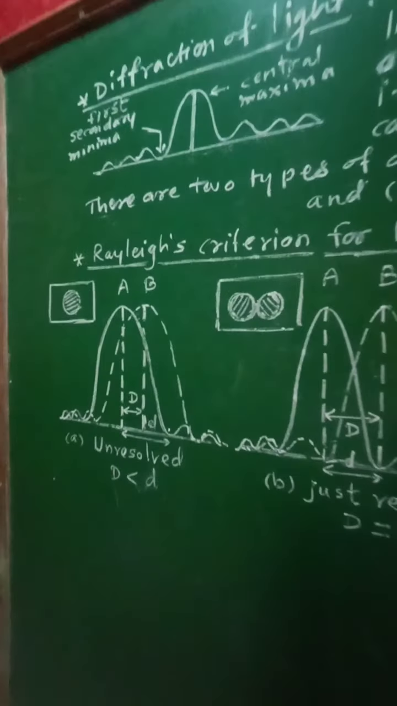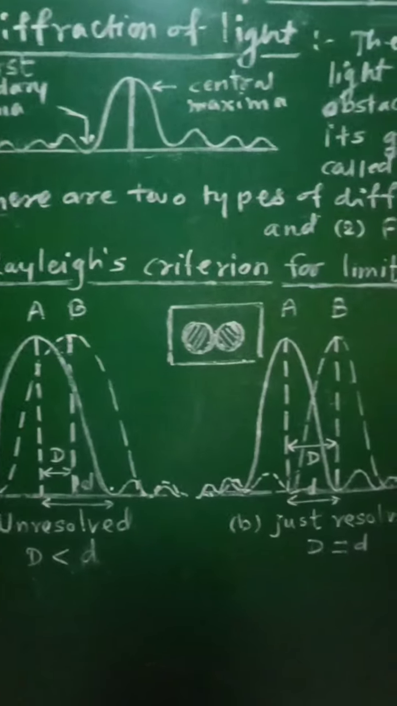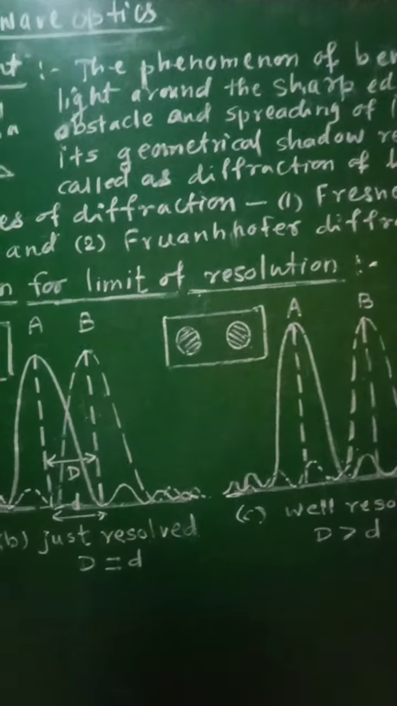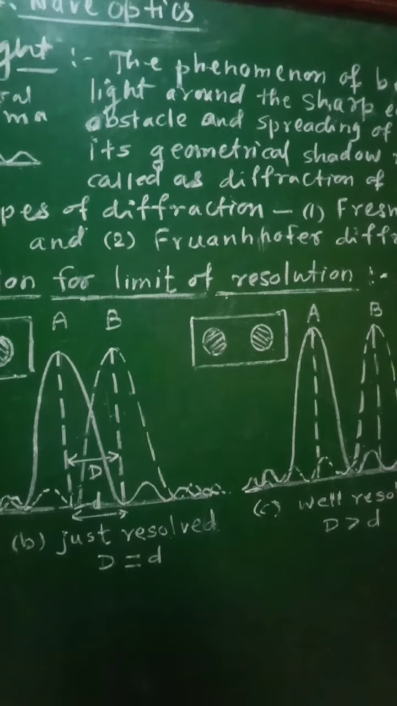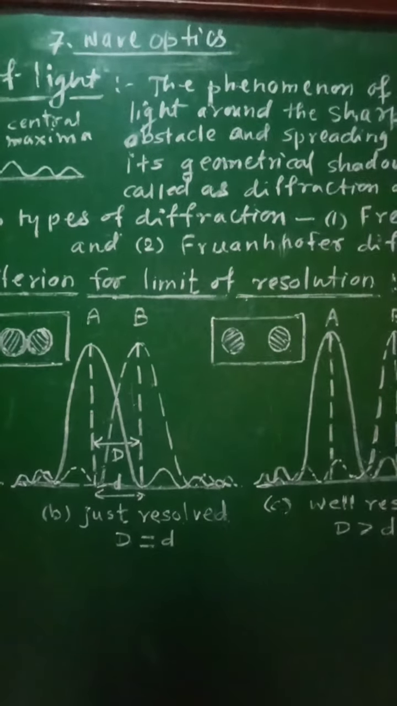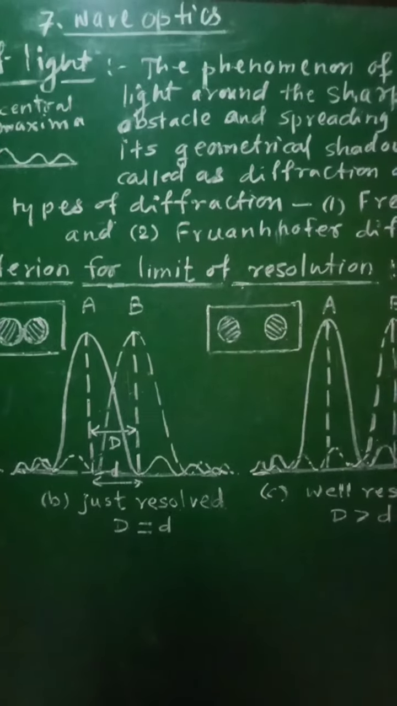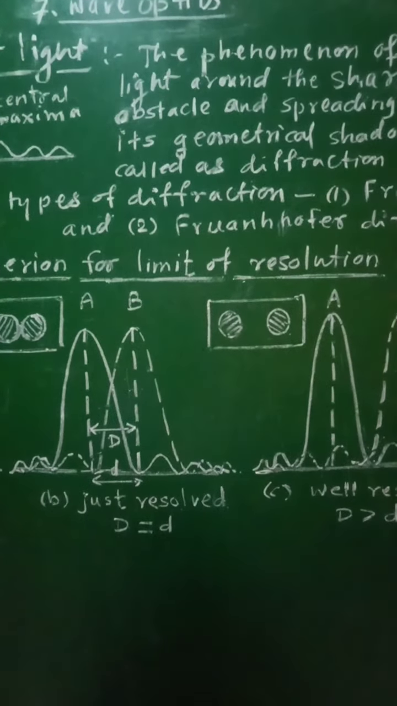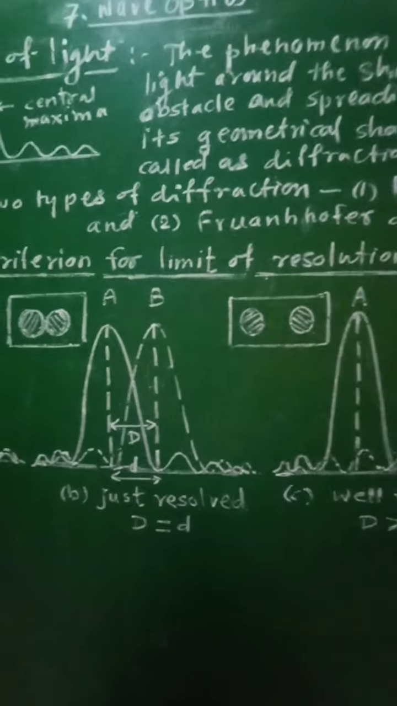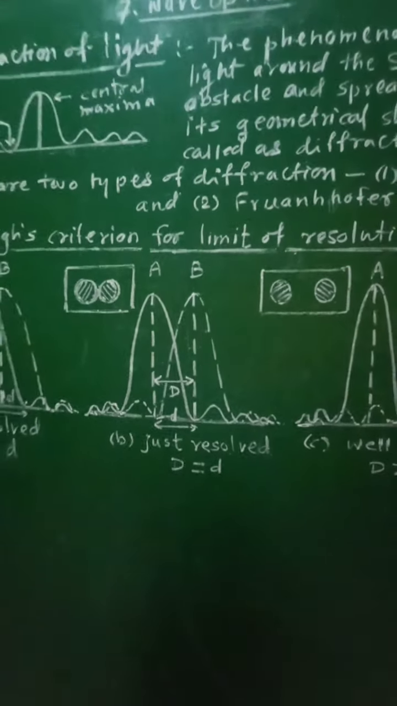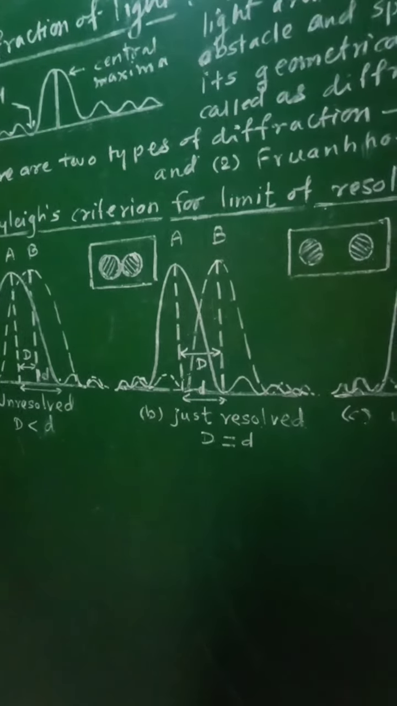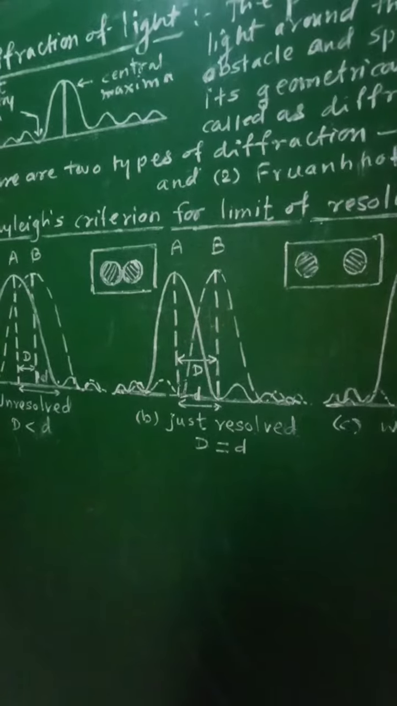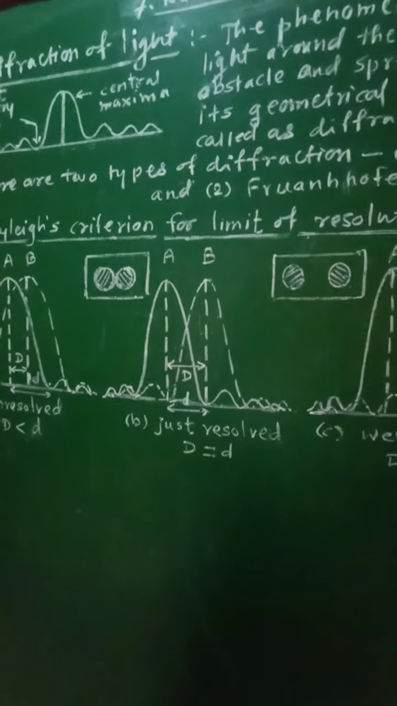Now, Rayleigh's criterion for limit of resolution. If you consider two very close objects, then when can we say that these two objects are just clearly seen to be separate? According to Rayleigh's criterion, the two very close objects are said to be just resolved